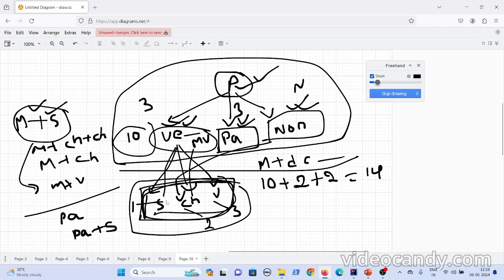If you are allowing only a single topping, like if a topping needs to be taken only once, then you might create these classes: mushroom plus sauce, mushroom plus cheese, and mushroom plus vegetable. But here the people are allowed to choose any topping as many times as they want, right? Cheese burst can be taken n number of times. So in this case, how can you predict and create classes with those combinations? You can't do it, right?